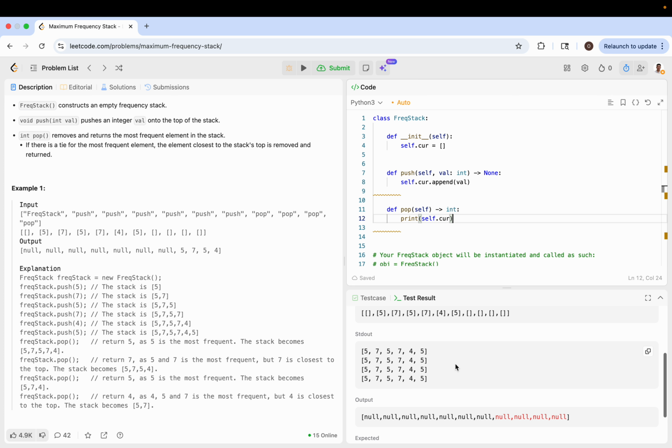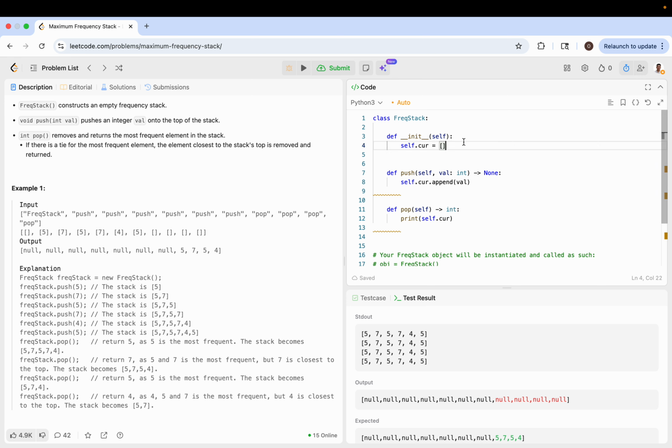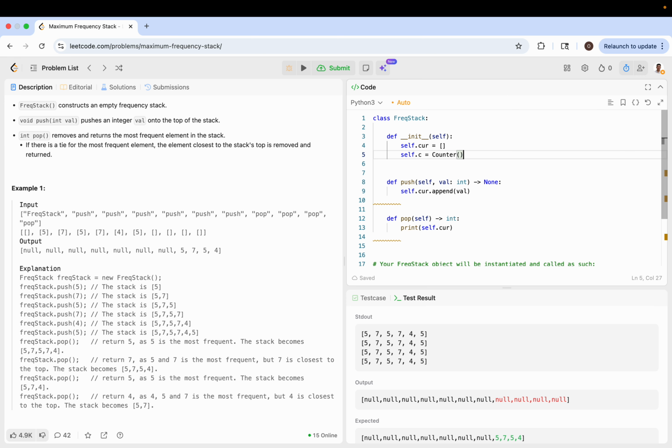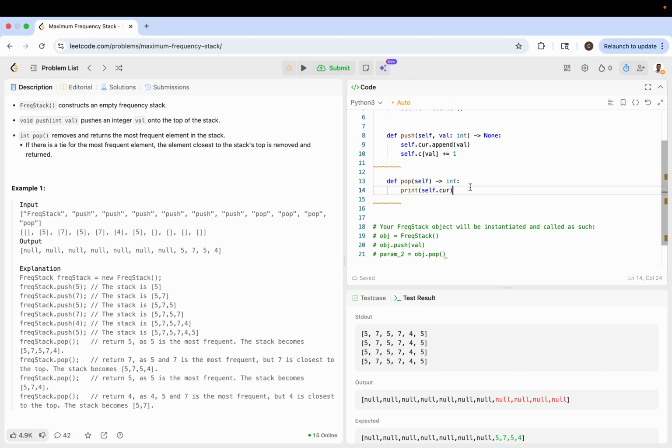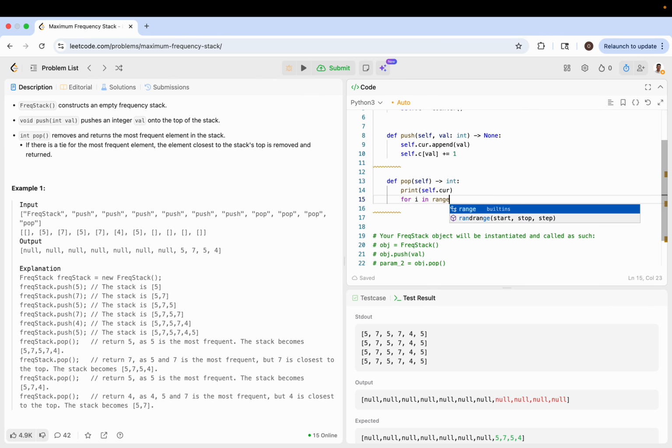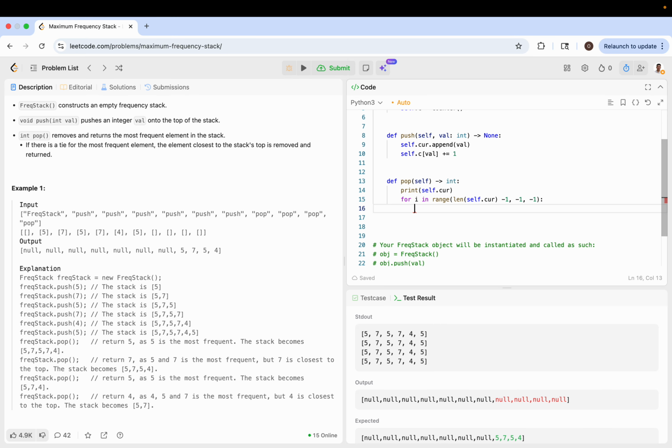And then we want to keep track of the most frequent element. So I just said, let's just create a counter and then reflect that change in the value. And then now, because we want the rightmost element, why don't we just loop from the right to the left instead of left to right, right? And then we can just ask in every iteration,